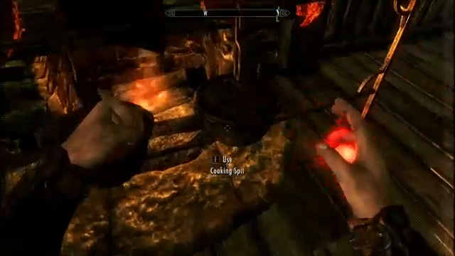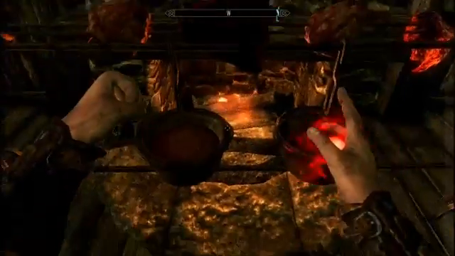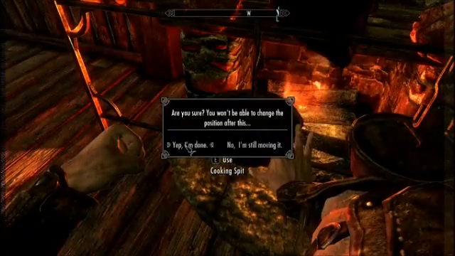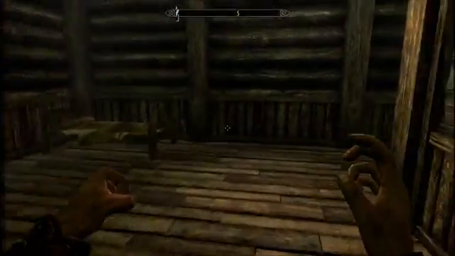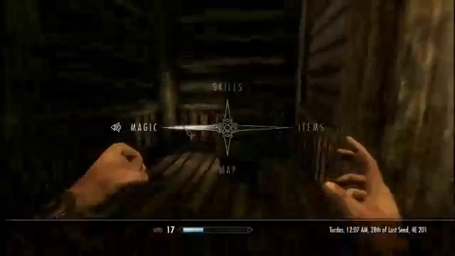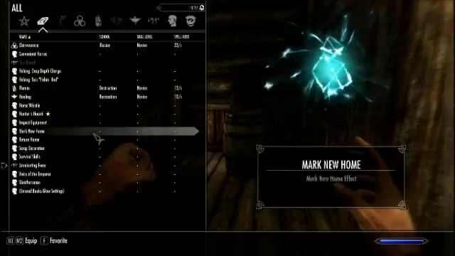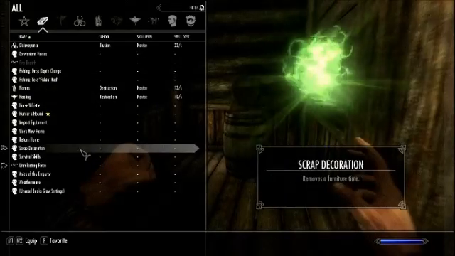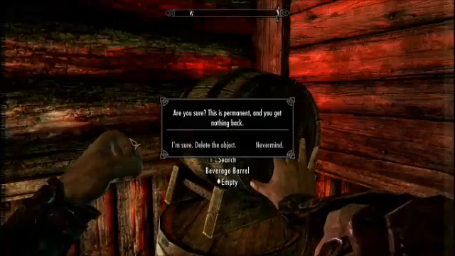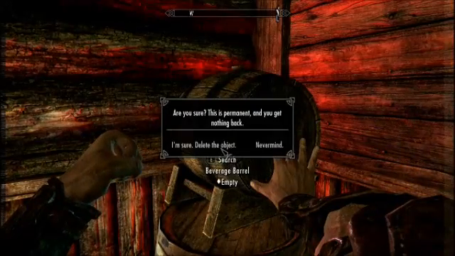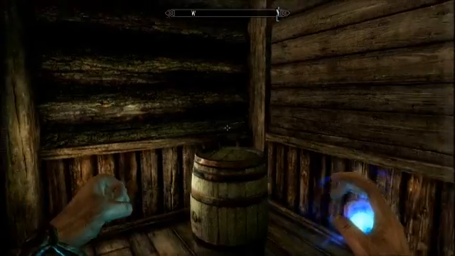Then I am going to end the decorate, which will remove when it connects. You confirm it, and then it removes all the decorate spells except for the scrap decoration, which is your delete spell. Once you get that spell, you always keep it just in case you need it for something. When you try to delete something, it makes you confirm it, and then